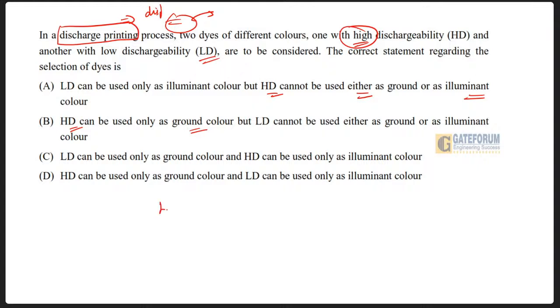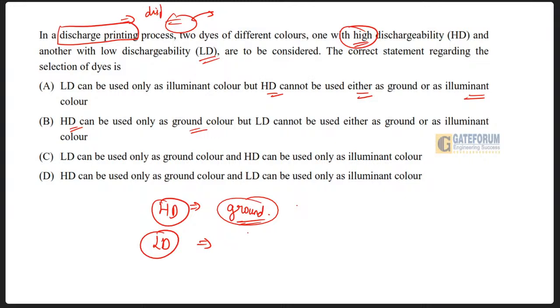तो हमारा ऑब्जेक्टिव क्या हुआ, जो हम लोग हाई डिस्चार्जेबिलिटी लेंगे उसको हम लोग ग्राउंड कलर में लेंगे, सो दैट हमारा वाइब्रेंट कलर आता है। तो ये इसका कंसेप्ट होता है। फिर अगर हम एलडी की बात करते हैं, तो एलडी को हम लोग हमेशा, जिसका लो डिस्चार्जेबिलिटी होता है, उसको हम इल्यूमिनेंट कलर में यूज करते हैं। इसको क्यों यूज करते हैं इल्यूमिनेंट में, क्योंकि जो भी